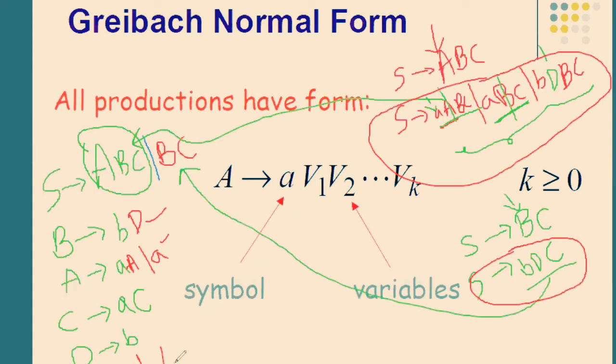A tends to DB is not in GNF, but for the small b, I have a definition D. So I'll eliminate this B and replace it with its equivalent definition D. Now you can check all the productions are in GNF. So this is one way. This is the way in which you can convert any given CFG to its equivalent Greibach normal form.